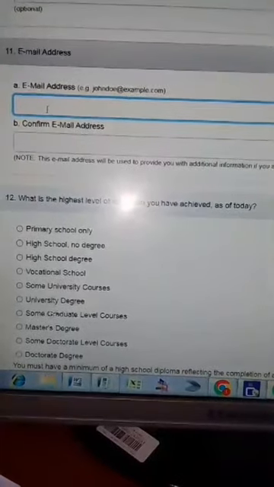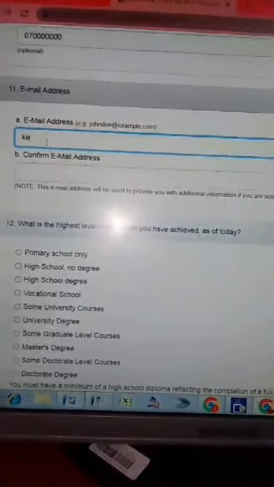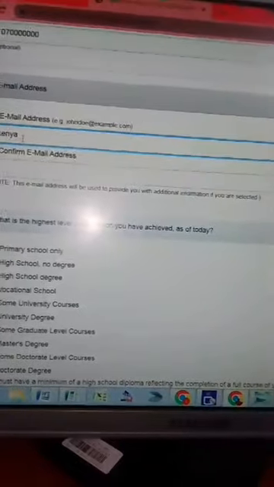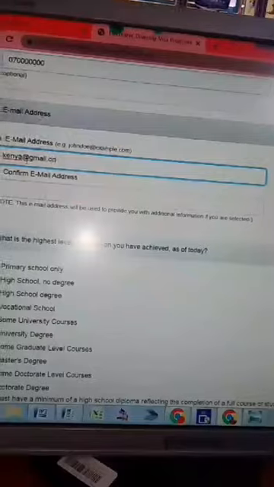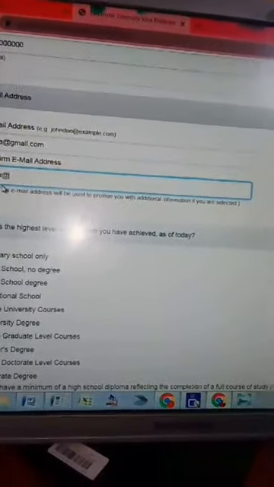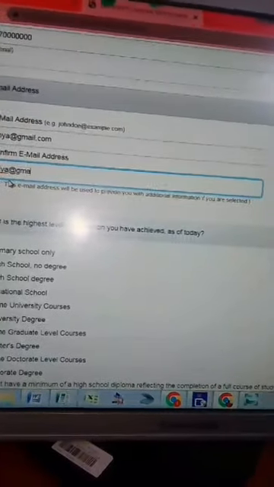So I'm going to key in the email address using small letters. This is just an example. Kenya@gmail.com. Then you repeat the same. Be very keen when writing your email address. It's very important, the email address and the